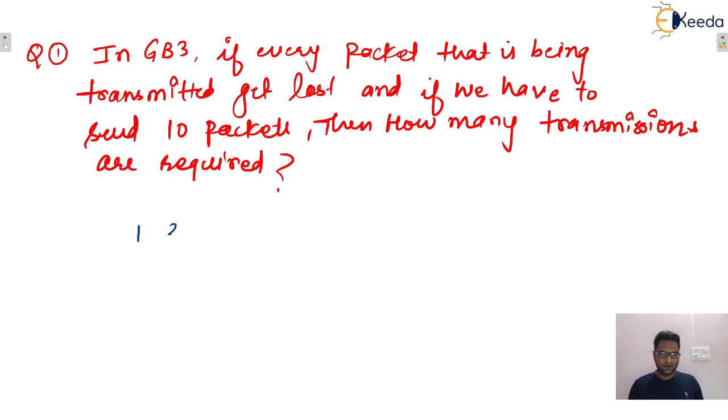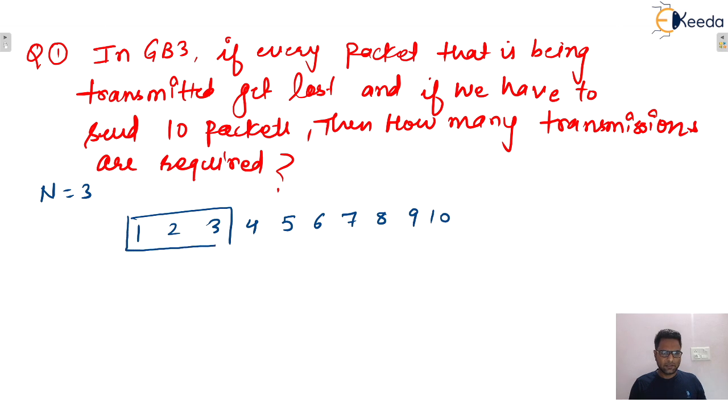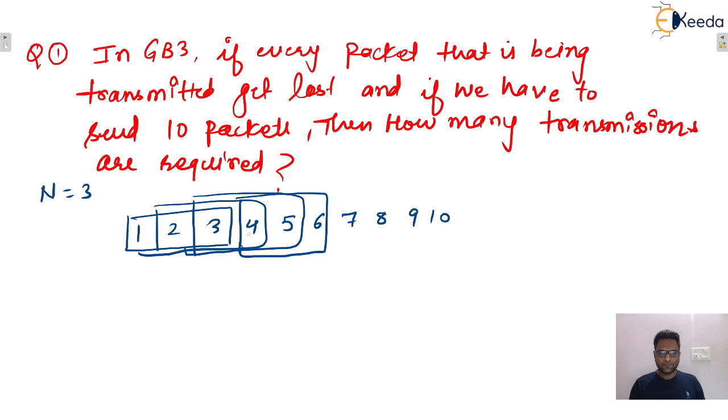Okay. So total 10 packets are there. So we can say that, let's say 1, 2, 3, 4, 5, 6, 7, 8, 9, 10. So initially the window size is GB3, so the n value is 3, so the sender window size will be 3. You can do these problems with the timeline diagram, but that will be complicated. So you can follow this particular method. Initially 1, 2, 3, these packets will be in the window. As soon as packet 1 is acknowledged, then the window will be slided. Then 2 is received, then the window will be slided. When 3 is received, then the window will be slided, isn't it?